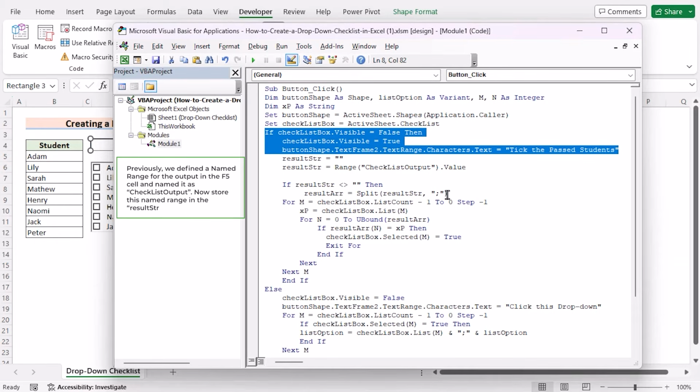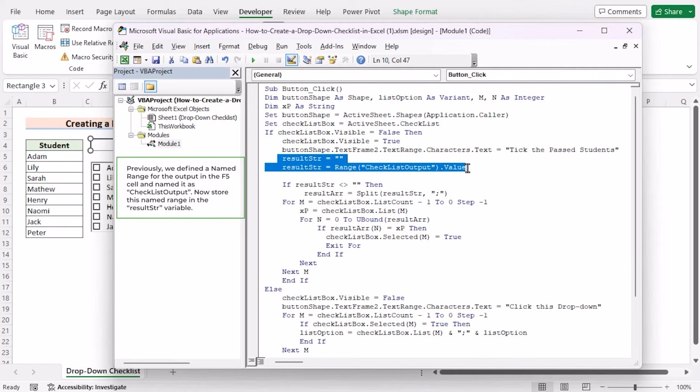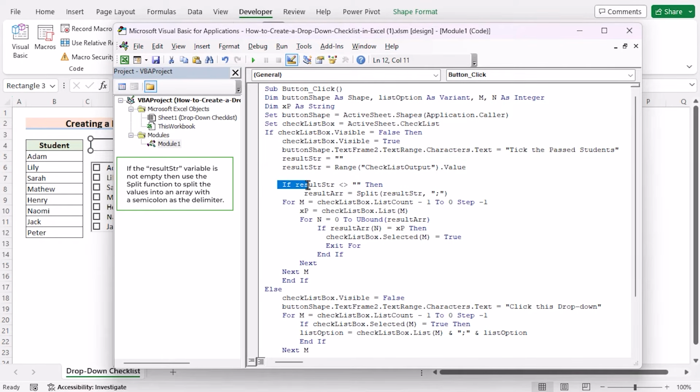Previously, we defined a named range for the output of the F5 cell and named it checklist output. And now we'll show the result here in the result str portion, and the checklist output will be stored in this result. If the result str variable is not empty, then we'll be going for our next if portion. In the next if portion, we'll be showing the split function to split the values in an array